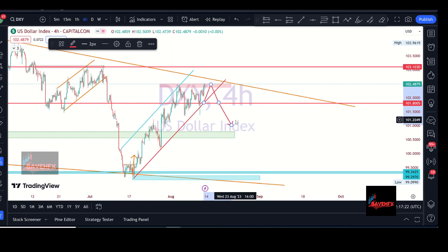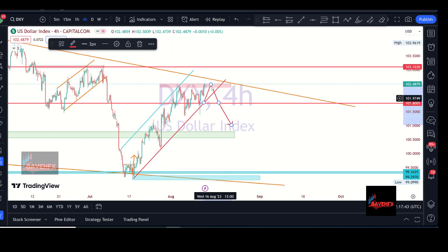It has been on a bearish impulse move for 2 weeks now without any bullish correction. So if we can get a crash out, maybe the dollar coming back here, then accumulate a lot of liquidity here before looking for a breakout